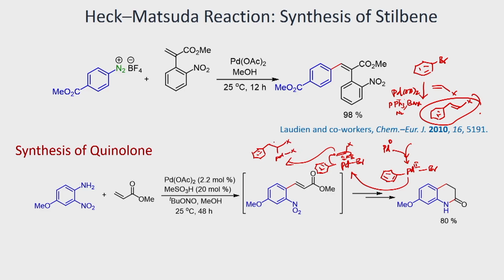Once we have this, it can rotate. Once we have the hydrogen in the syn transition state, then it can undergo isomerization, and then the beta hydride elimination can lead to the formation of